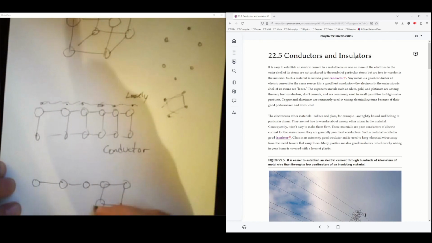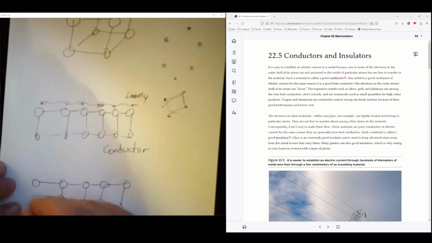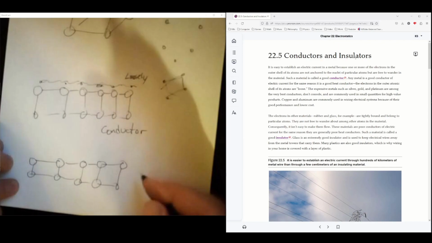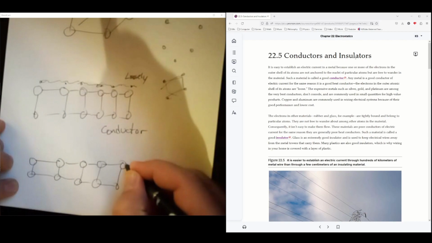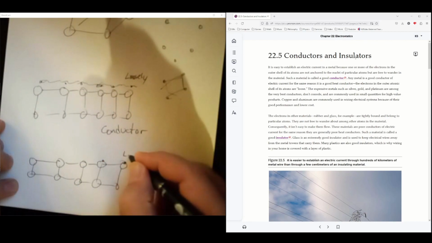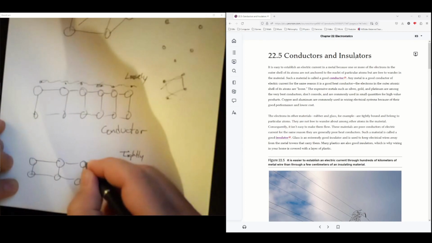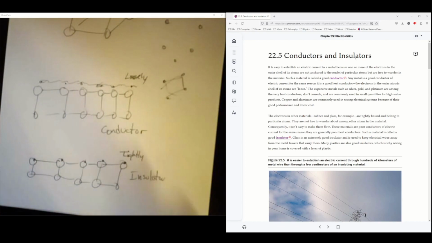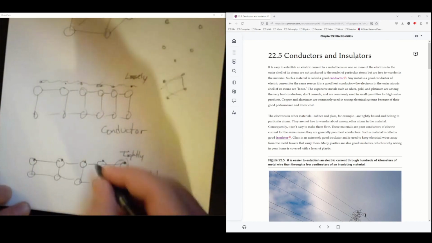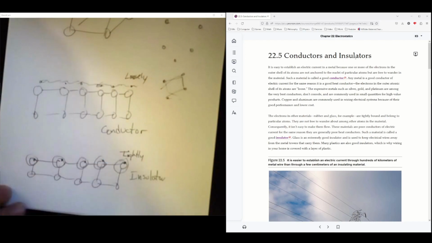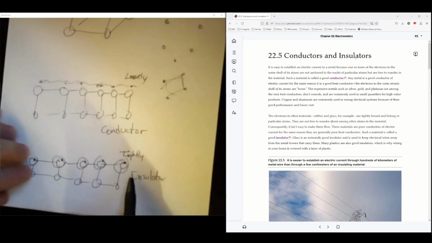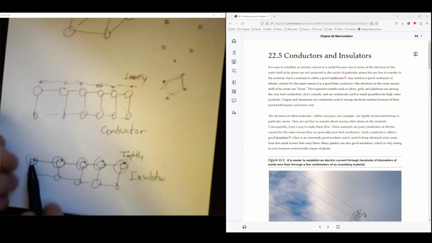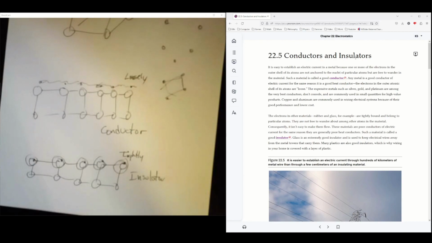An insulator, I'm just going to draw another square lattice structure again. For an insulator, the electrons are tightly bound. And when they're tightly bound, they don't like to move. They're just going to hang around on their atomic sites. And when electrons just want to hang around on their atomic sites, we can't get electricity to flow through these materials. Because electricity,